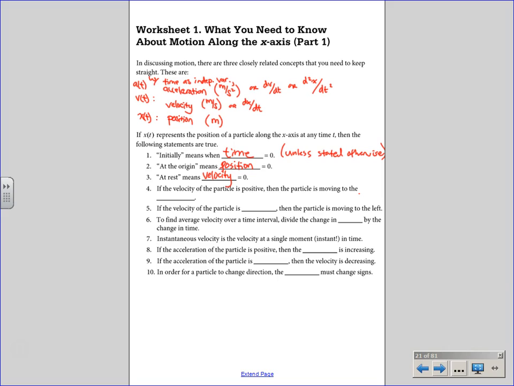I want you to see how high this goes. Around there? What happened right there in this motion? It stopped. In between having a positive velocity and a negative velocity, a speed up and a speed down, a positive number and a negative number, what had to happen in between by IVT? In between positives and negatives, there must be a 0, because this is a continuous function. It was at rest. What was acceleration the whole time? Approximately negative 32 feet per second squared. Why? Gravity. There was acceleration acting on it the whole time.